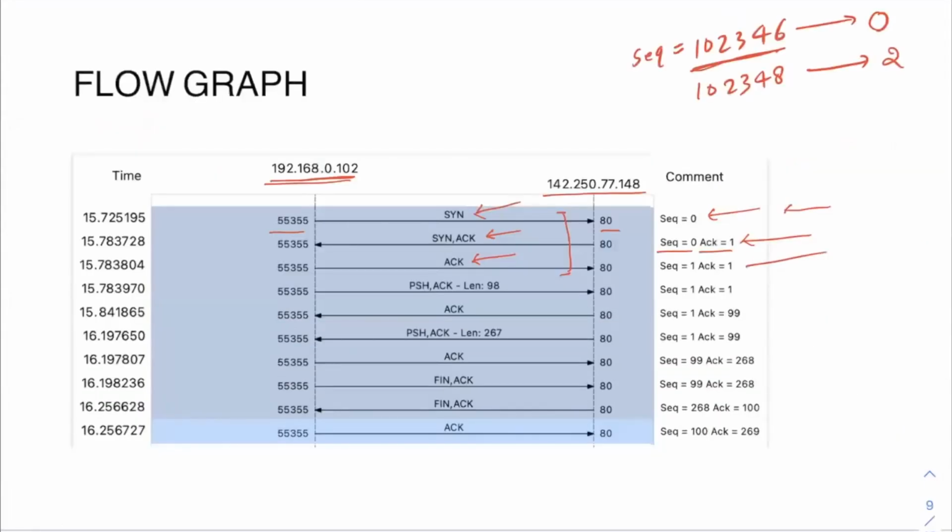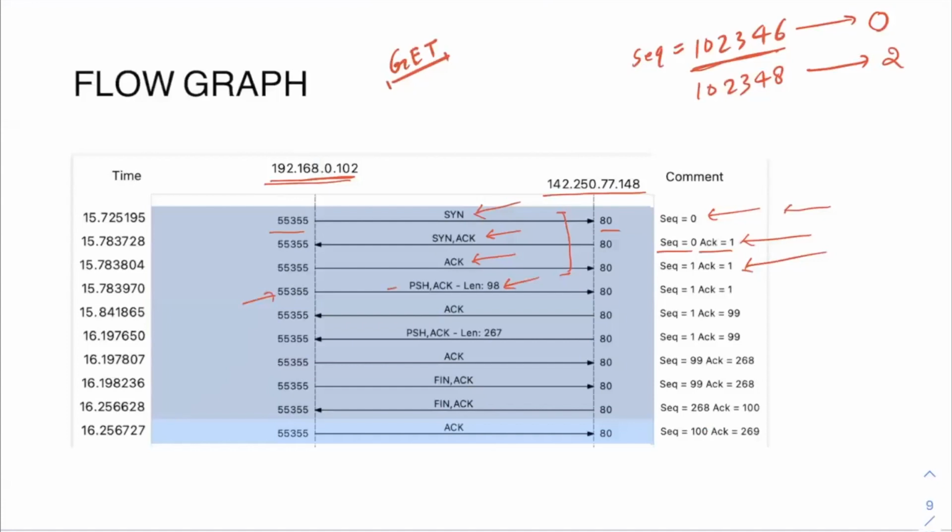And again, in the third step, if you see, sequence number is 1, acknowledgement number is 1. Now in the fourth step, the client is making a GET request to the website. So this is the request here. Of course, you will have a lot of data in the request: what the website name is, what type of request it is, and the many headers in this request. All of that data is around 98 bytes here. So this data will flow from client to server.